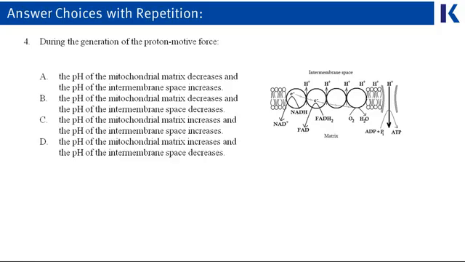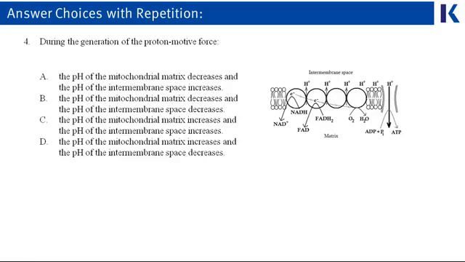Number 4 asks about the pH change during the generation of the proton motive force. Recall that during the electron transport chain, those high energy electrons have extra energy free to do work. In this case, we harness that potential to pump protons across the membrane. So at this point, since we know that protons are pumped from one side to another, we know that the